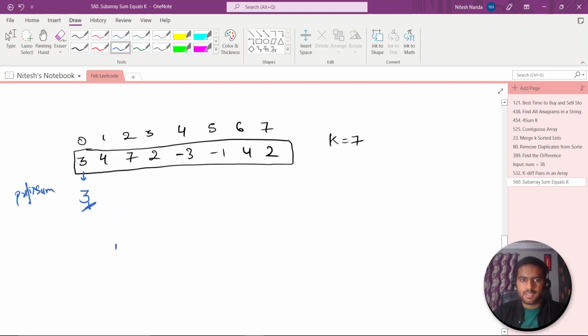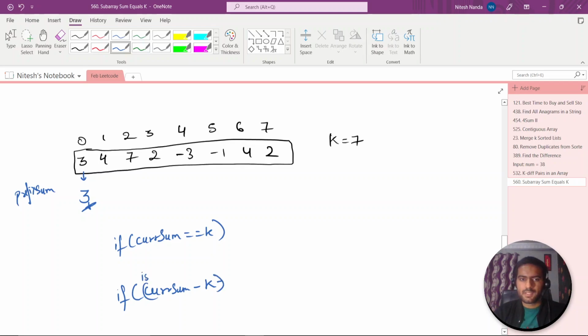If our current sum is equal to k, then we need to do something. And also whether current sum minus k